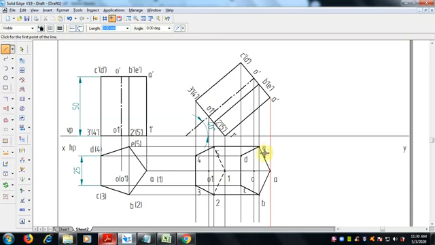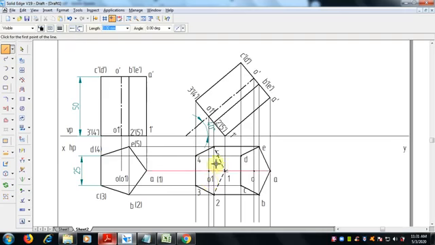Now the longer side edges should be joined. You can see the visible edges. So this CD is the visible edge, and C D is a visible corner, and 3 4 is a visible edge, and 4 is a corner. Now we can join this with a thick line.